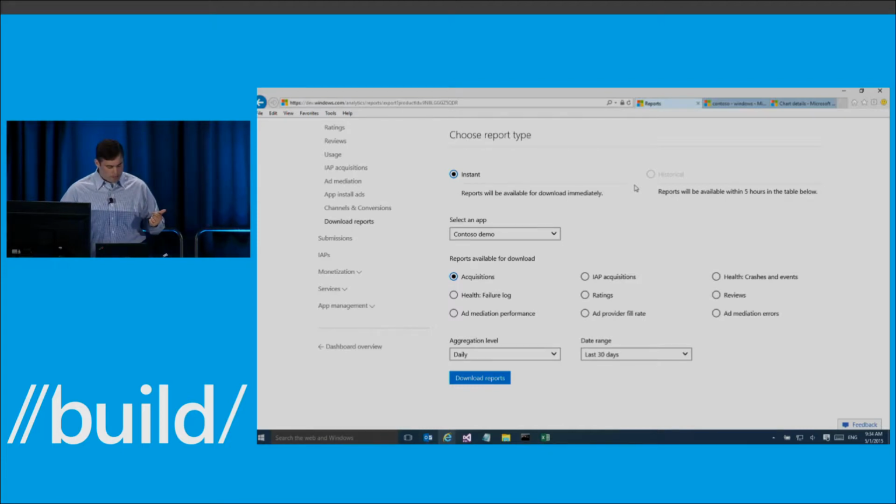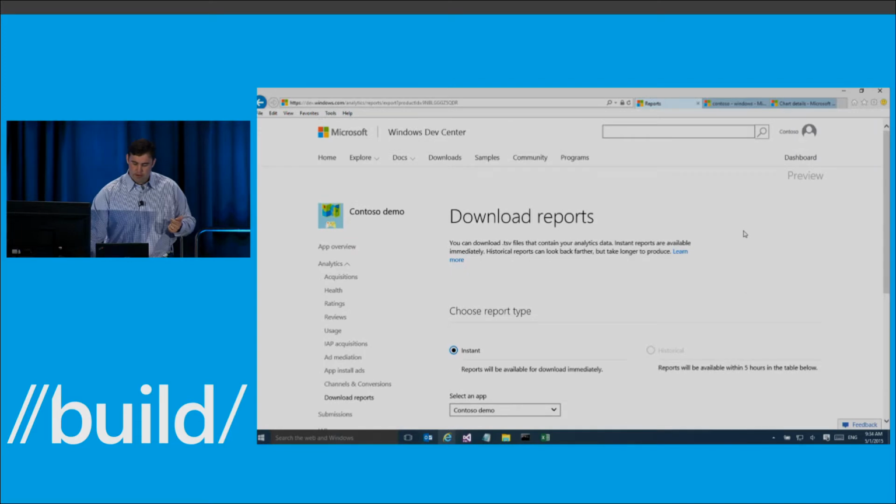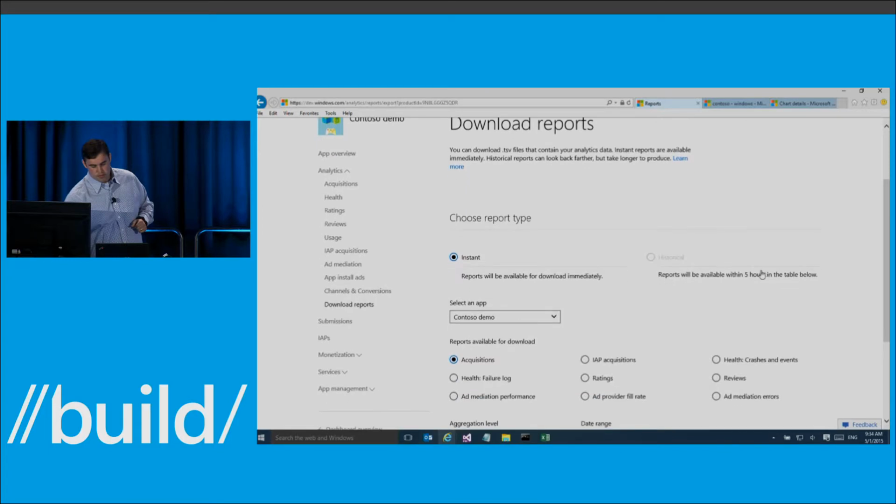And then finally, I'm very happy to announce that we will be addressing one of the biggest pieces of feedback to do with analytics that we've heard from you over time, which is that all of the data here, both the instant and historical reports, will be available for you to download via a new set of APIs we'll be launching later this year.